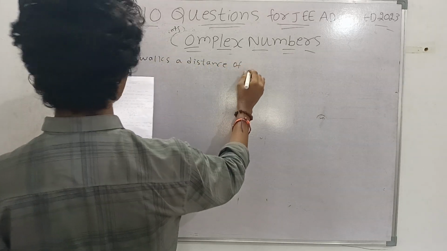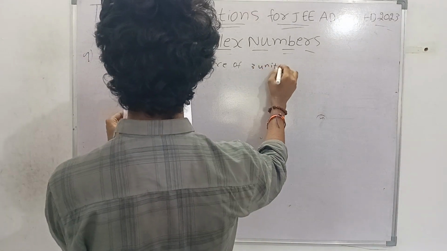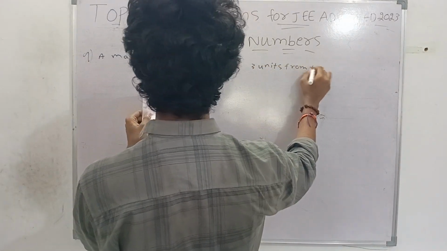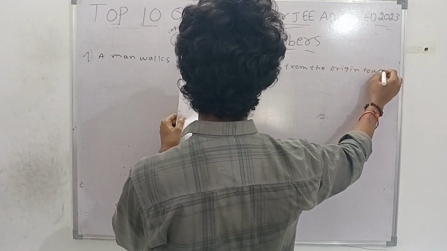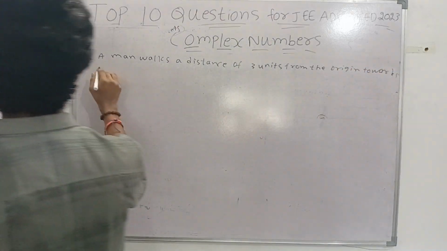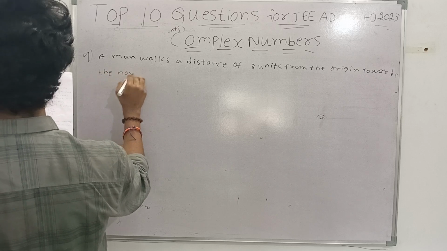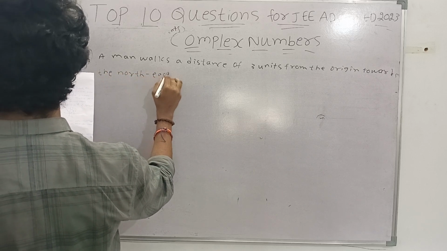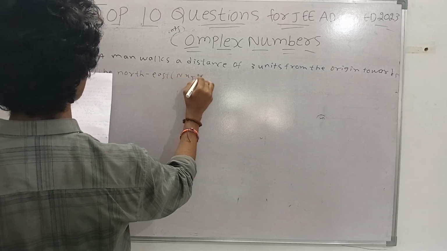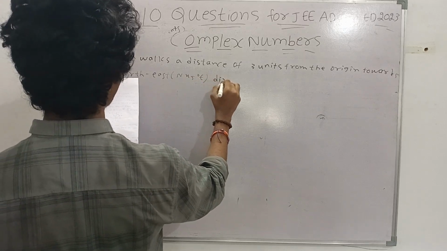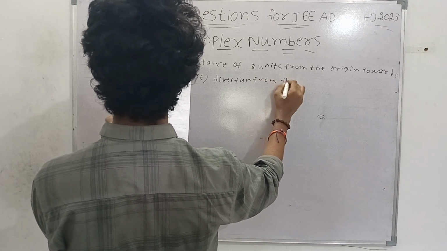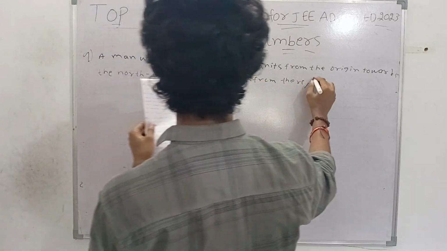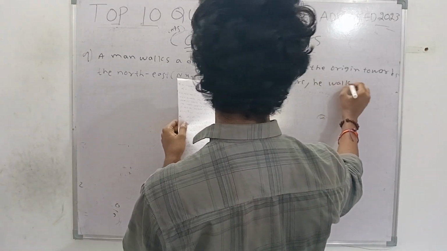A man walks a distance of 3 units from the origin towards the northeast, north 45 degrees east direction. From there he walks a distance